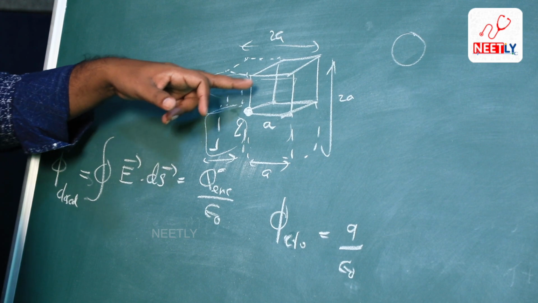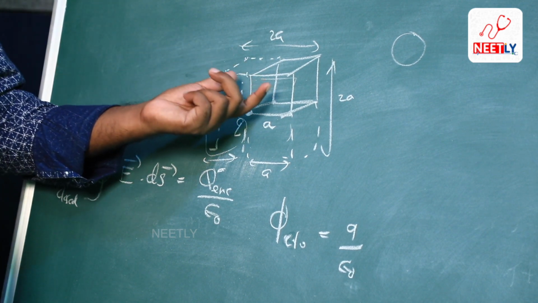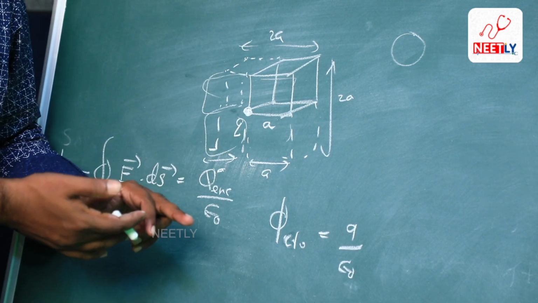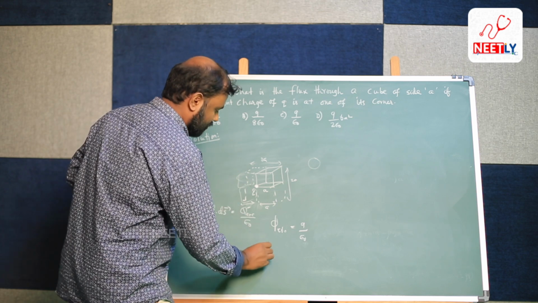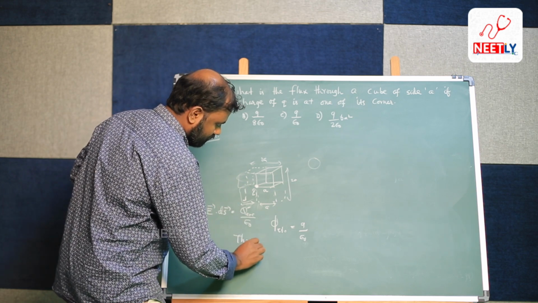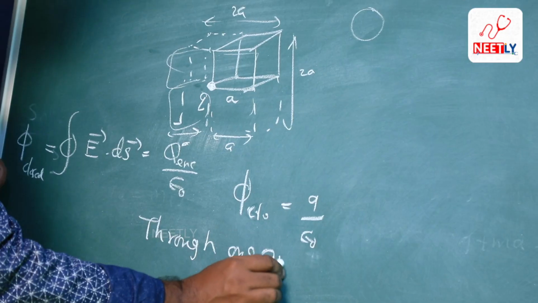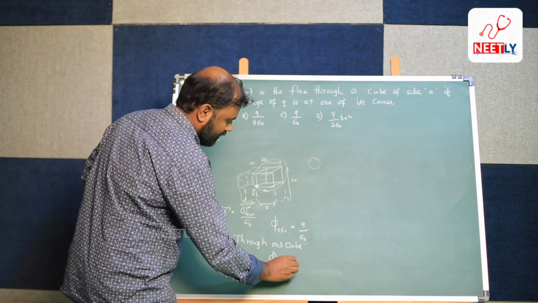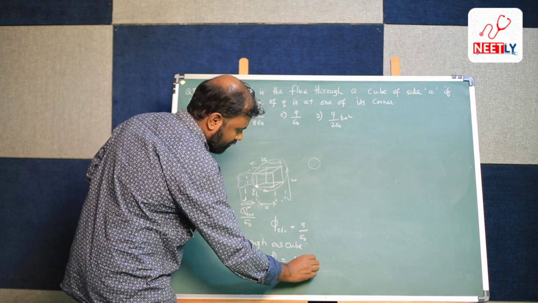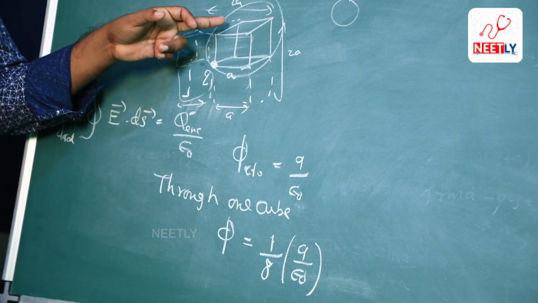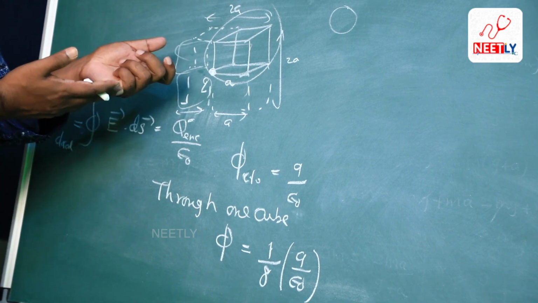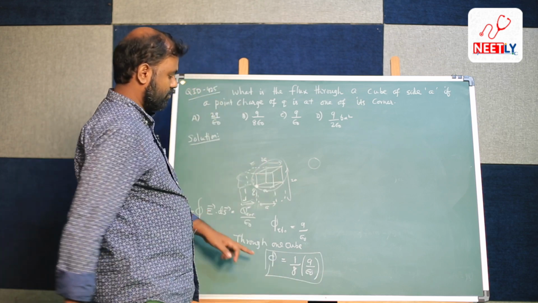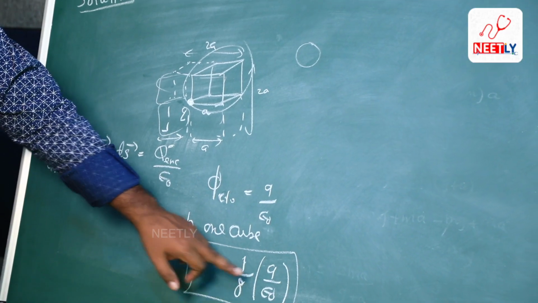But what they are asking is the flux through one of the small parts of the cube. Simple, by symmetry, one cube will be 1 by 8 times the total flux. So through 1 cube of side A, this one, if you consider only this one, then phi will be simply 1 by 8 times the total, because this small cube is the 1 by 8th part of the full cube. So the flux going through this small cube will be q by 8 epsilon naught, which means the option